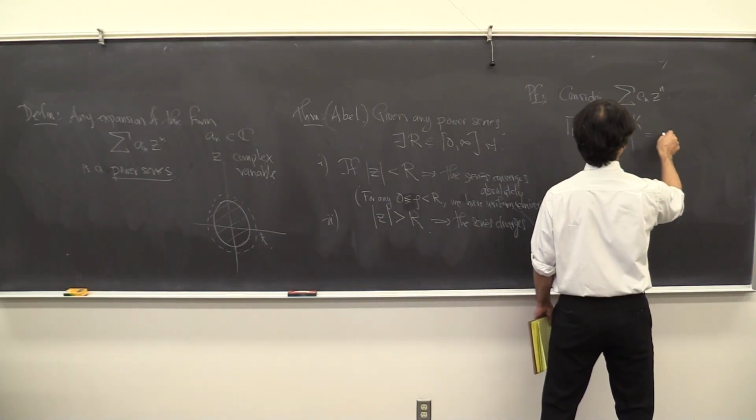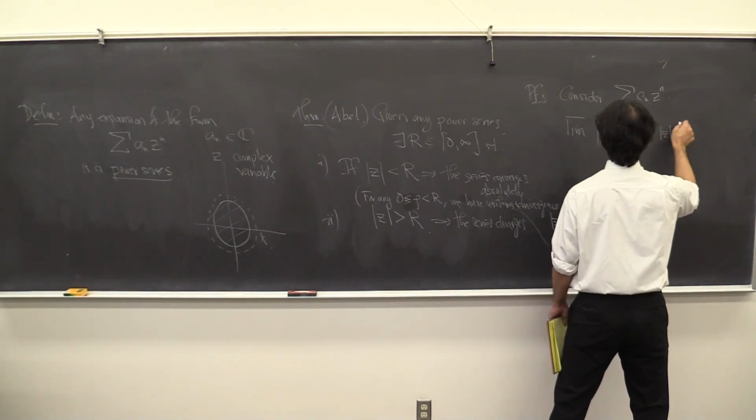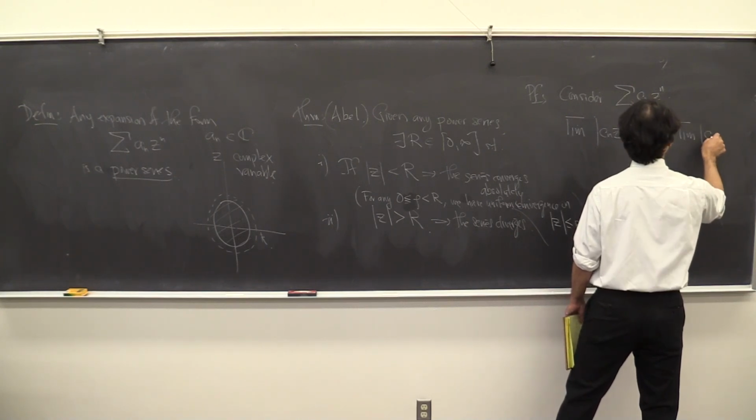And what you see is that you get the absolute value of z times the lim sup of the nth roots of the c sub n's,